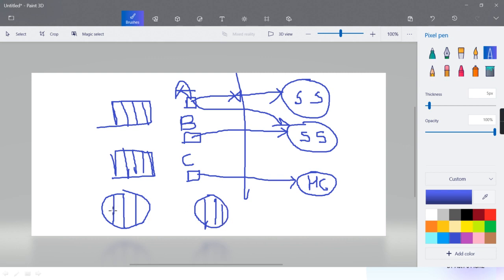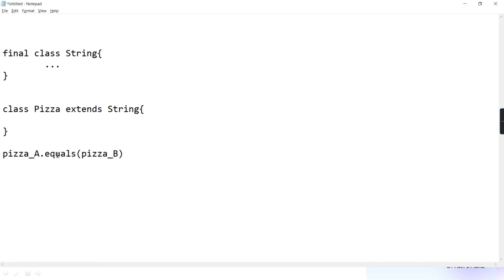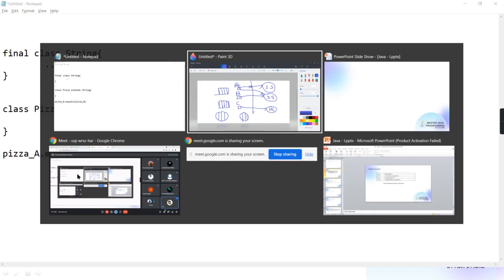Will it check whether this pizza and this pizza have the same diameter, thickness, toppings, and extra cheese? Will it compare the data of both pizza objects? Yes, with equals, it doesn't check the reference, it checks the content. And it will return true or false.